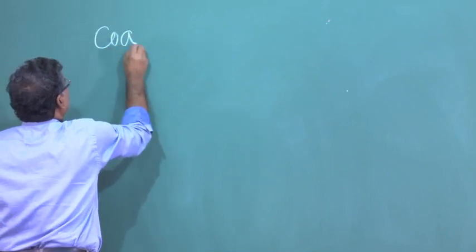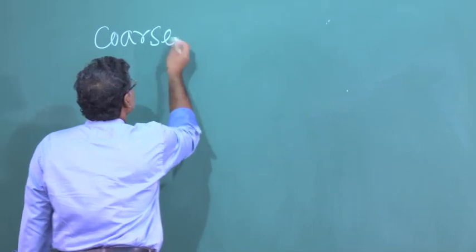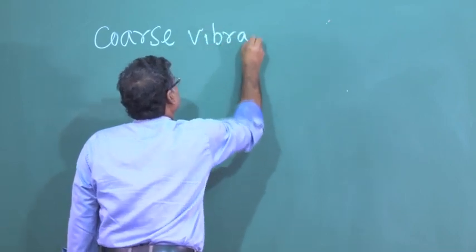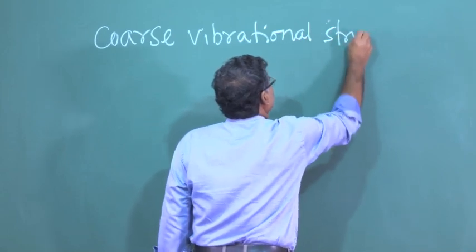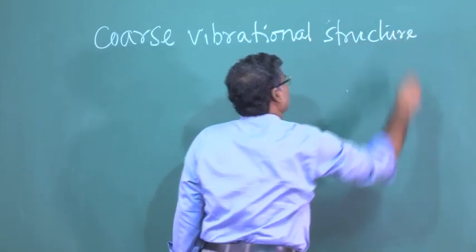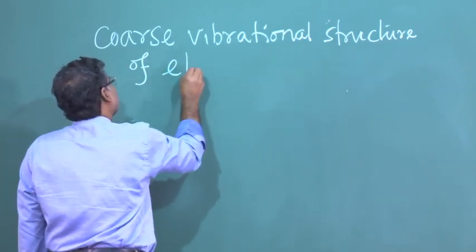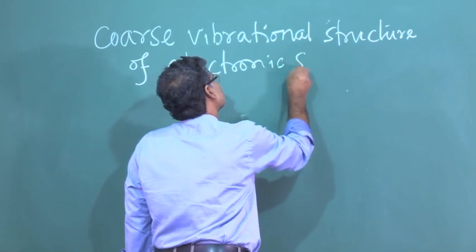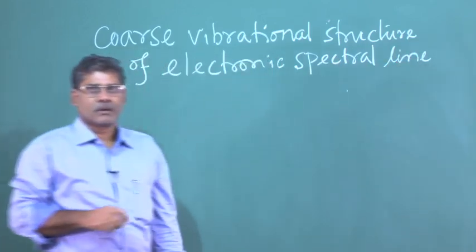We have seen the coarse vibrational structure of the electronic spectral line. Okay. So, there we have seen that